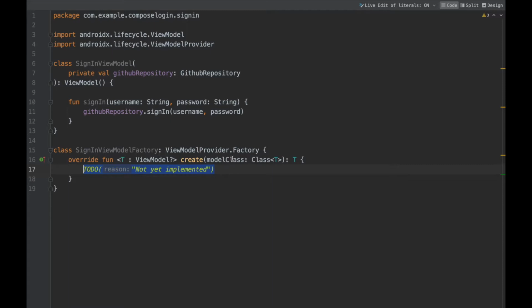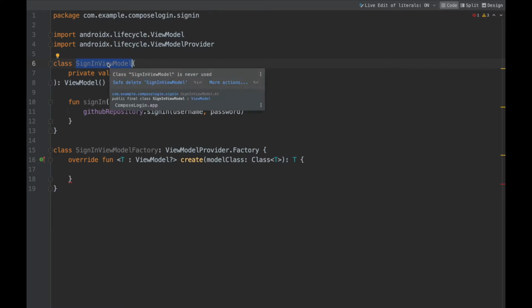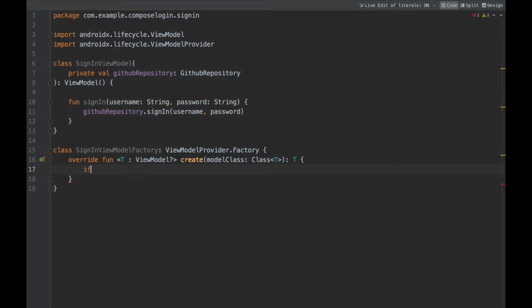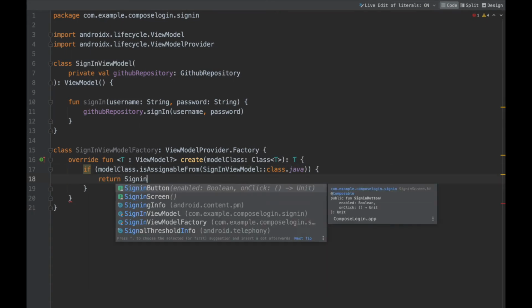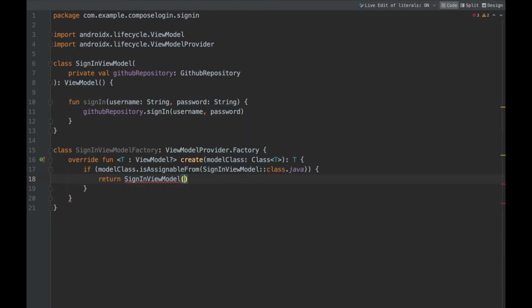And so this gets passed a model class, and we need to check if this is assignable, whatever we got passed, the class that we got passed, if SignInViewModel can apply to it, right? And if so, we can just return it. So what we do is we check isAssignableFrom SignInViewModel class. If it is, then we just instantiate the view model, but we need to pass in